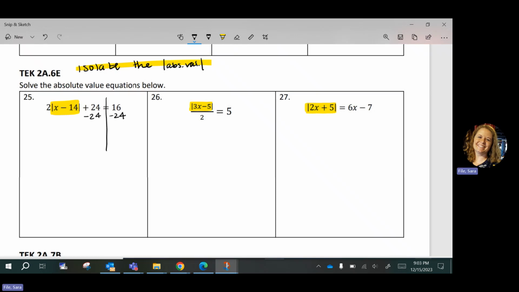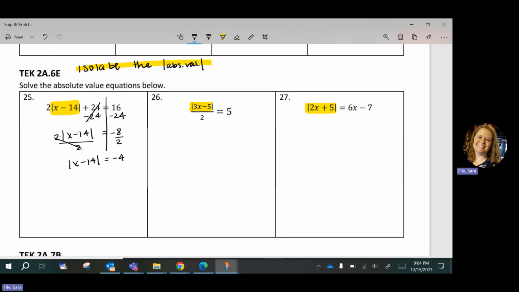Okay, you can draw the line to separate the left and right of the equal sign if you need to. So that gets rid of it on this side. Okay, so then over here I've got -8. Then you get rid of anything that's multiplied or divided. So this times 2, the opposite is going to be to divide by 2 to get rid of that. So now we have accomplished our first goal, which is to isolate